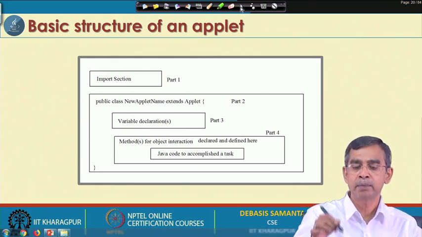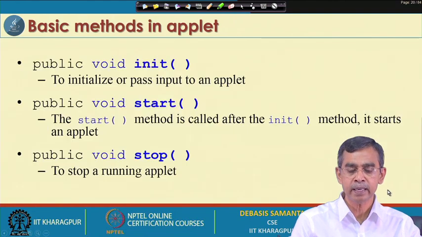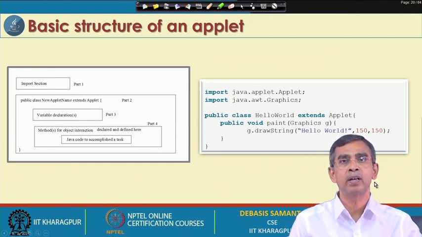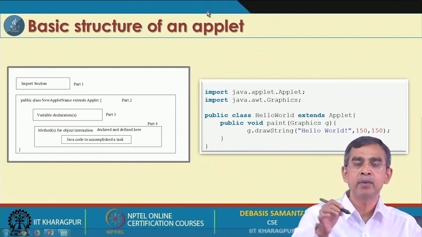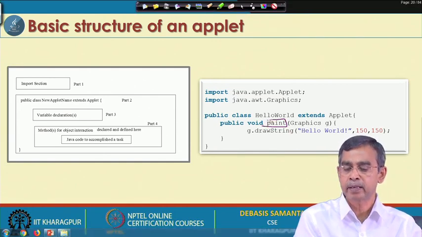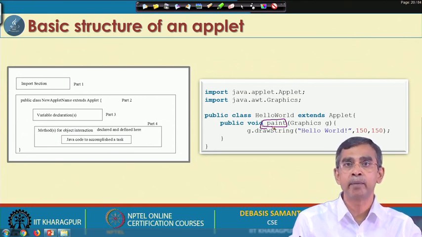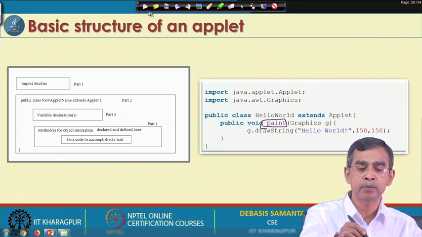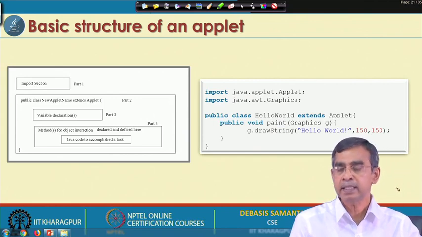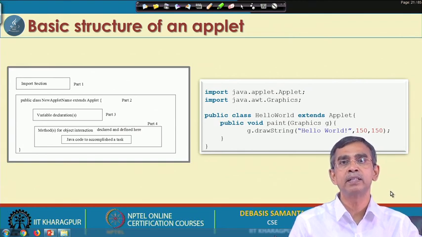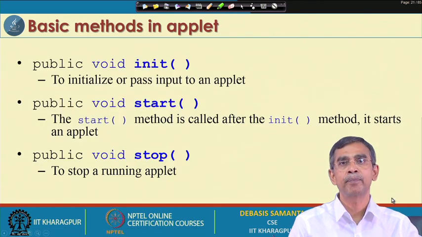Now, let us see what the different methods in applet programming are. The method that we have discussed already with our own applets has only one method, and the name of the method is paint. You cannot change the name of this method in any way, and you cannot write any other method of your own name there. This is a fixed method that you have to use, the paint method. Other than the paint method, there are a few more methods which need to be written in your Java applet.